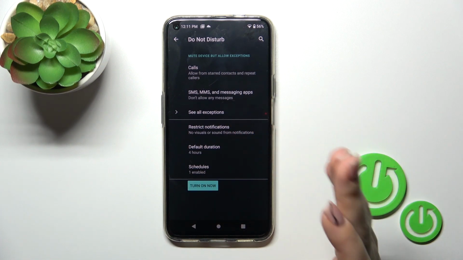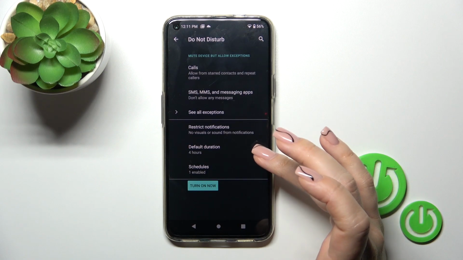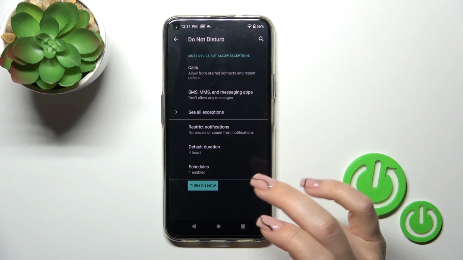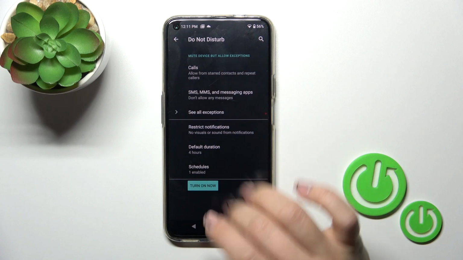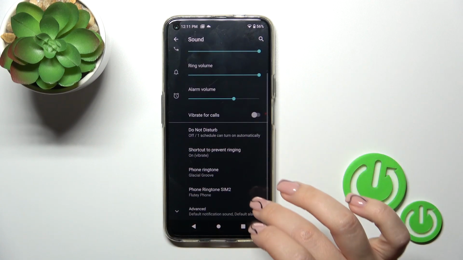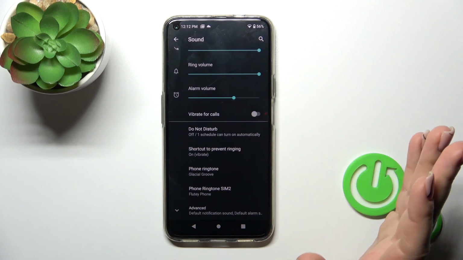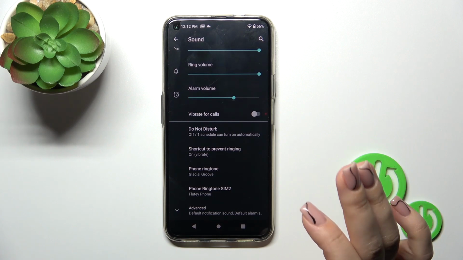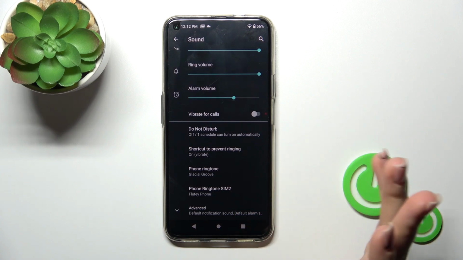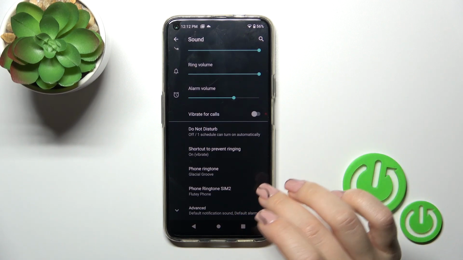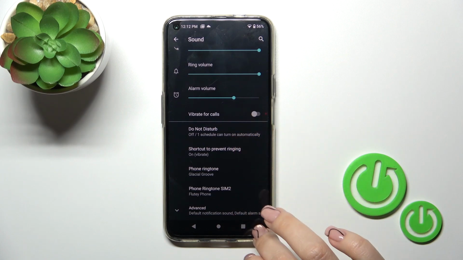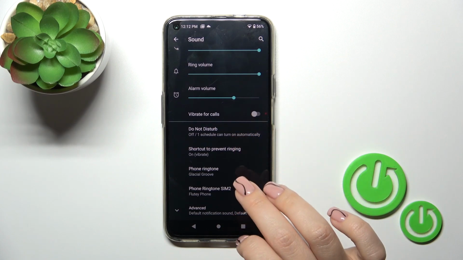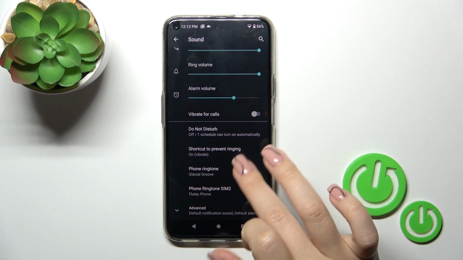Also, we could switch here to set the schedule, default duration, to use restrict notifications, and to allow calls, messages, or notifications from anyone, from any options, any just applications or people. We could also turn on or turn off the shortcut to prevent ringing, to activate, to change phone ringtone, and